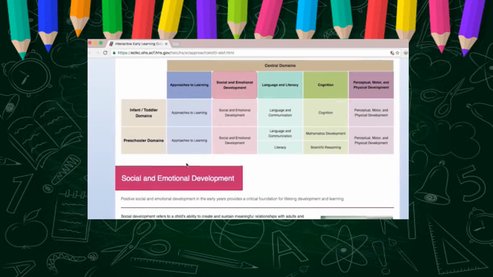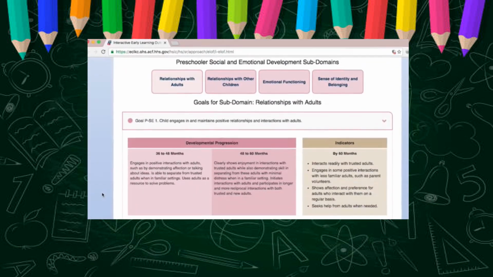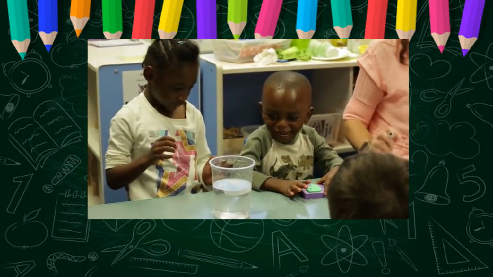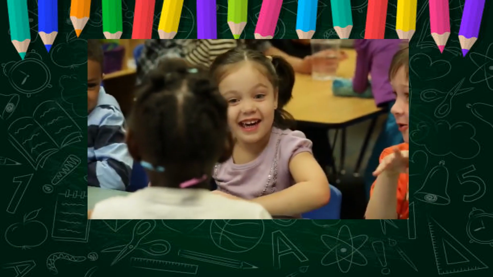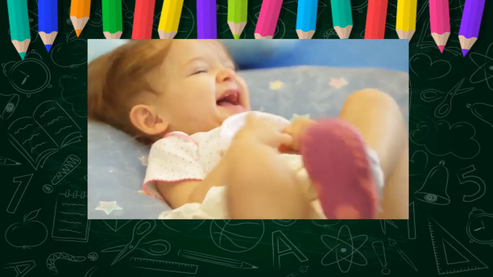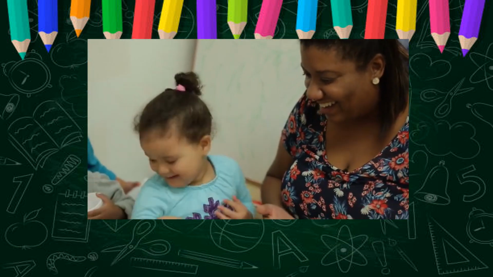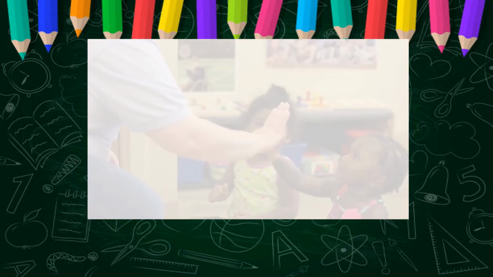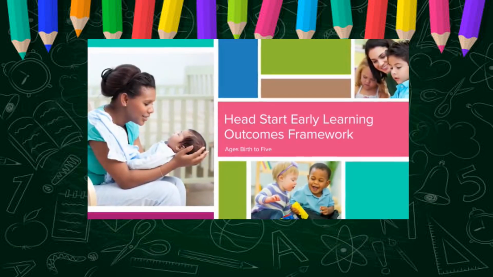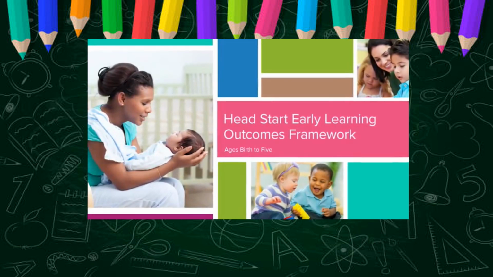The ELOF helps teachers, home visitors, and family child care providers identify the steps in a child's development, so you know where he's headed next. We know the challenges and pressures that come with supporting a child's development. Let us help enhance your practice and provide a path towards a child's success in school and life. With the ELOF, we're planning with the big picture in mind. Plan with us, and remember, there's the ELOF for that.